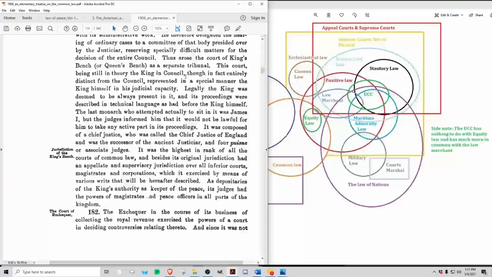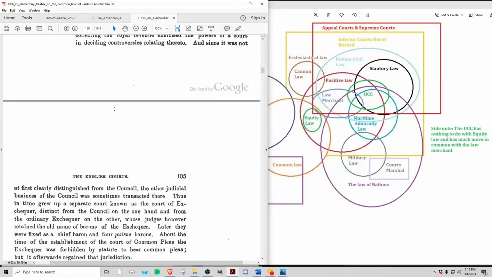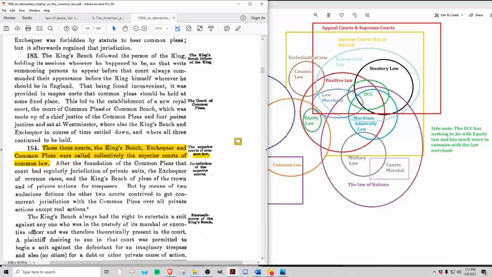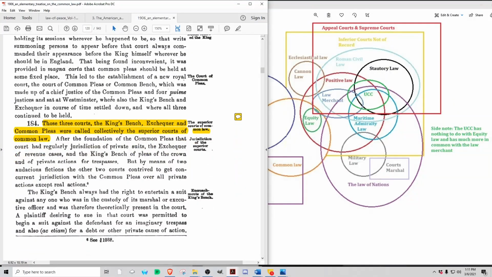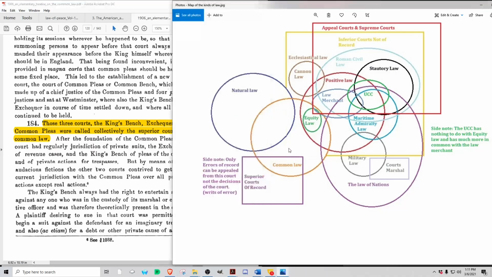So this gets more into process, so I'll leave this more for the April class, but to get down here to the King's Bench. So Exchequer and Common Pleas were called collectively the Superior Courts of Common Law. So what we now have as Superior Courts of Common Law are what we, the sovereign people, decree in our